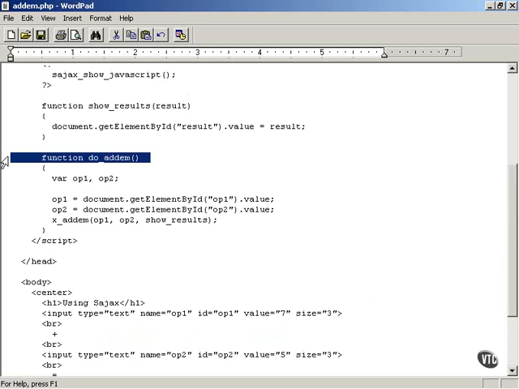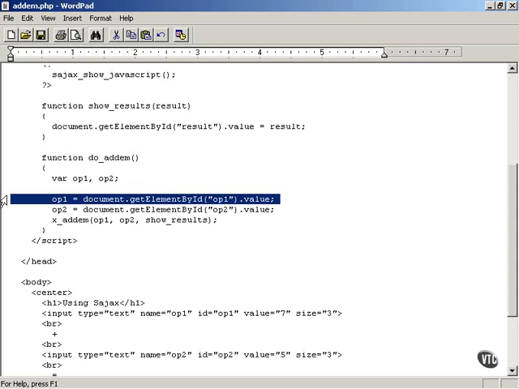Here's how the doAtom function looks. This is the one you write in JavaScript. You set the two variables, operand 1 and operand 2. You get the values from the text fields like this. This recovers the two values that the user wants to add, and then all you have to do to pass